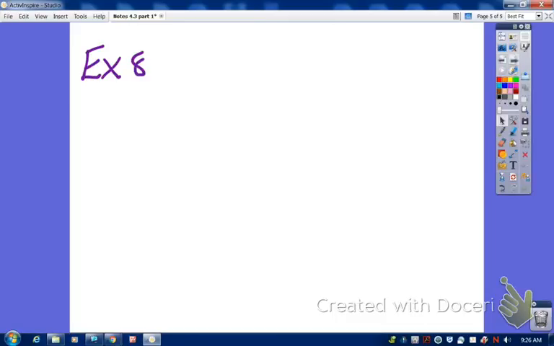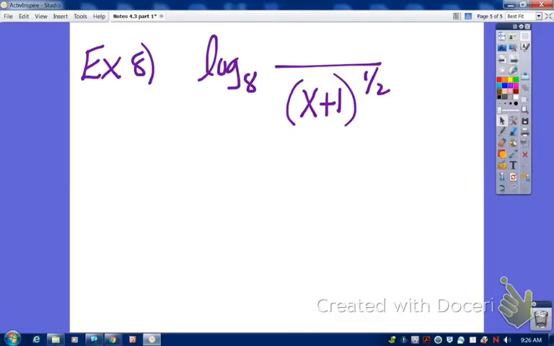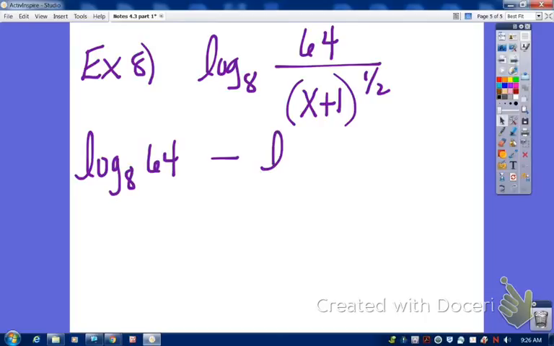Again, on this next one, since you have a square root in the bottom, I would go ahead and think of that as x plus 1 to the 1/2. And then we have another quotient here. So it's log base 8 of 64. So it's log of the top minus log of the bottom. And some of y'all are going to get so good at this, you may even skip some steps. If you really understand what you're doing, just be careful if you're skipping steps. So final answer is going to be